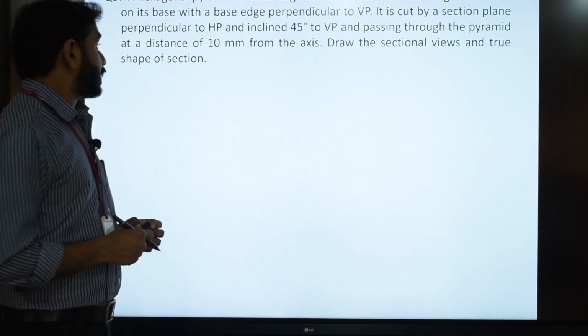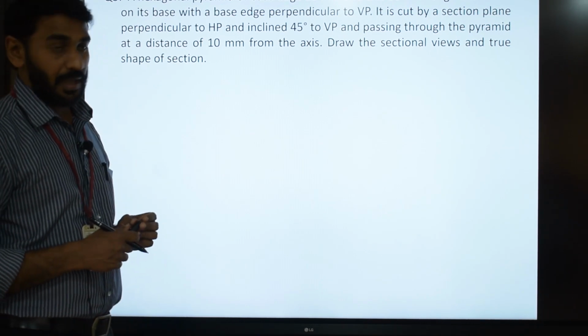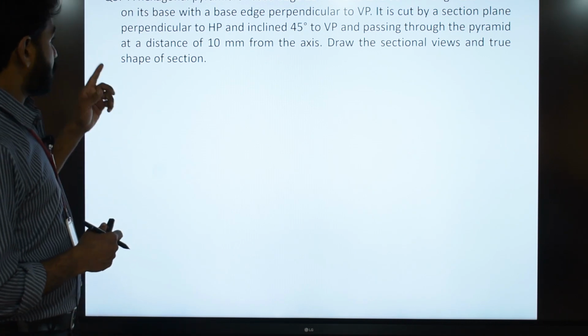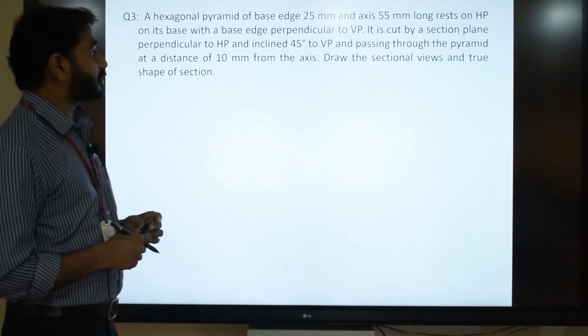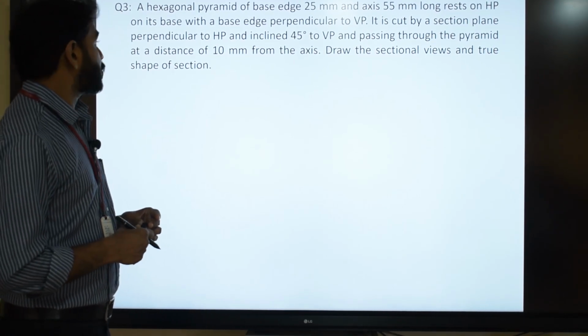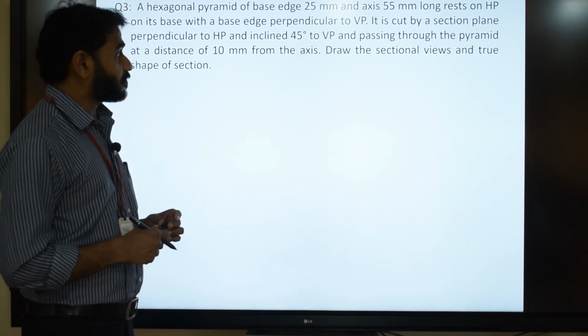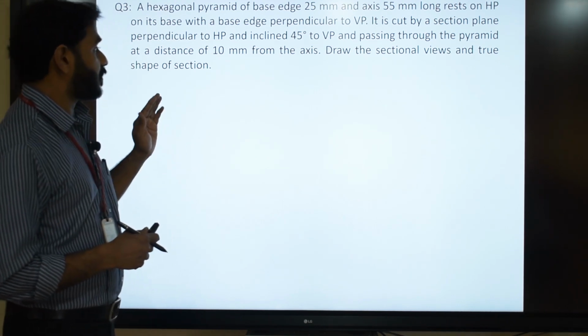Now let us consider another question. Here the section plane is perpendicular to HP and inclined to VP, and the solid is a hexagonal pyramid of 25 mm base edge and height 55 mm. It is resting on HP on its base, with one base edge perpendicular to VP and is being cut by a section plane perpendicular to HP and inclined